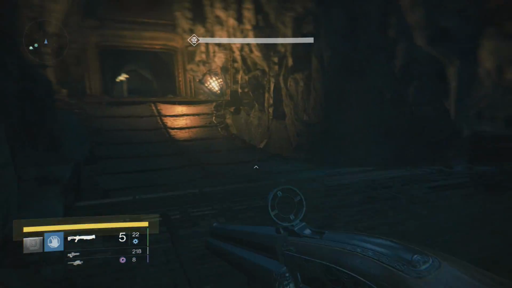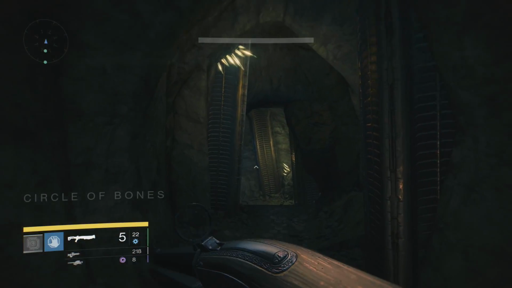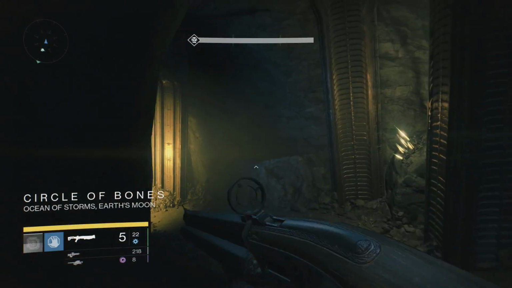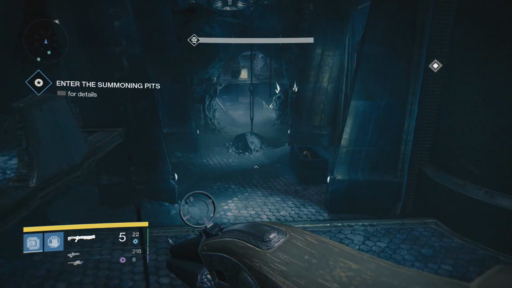First rule of speedrunning is don't be scared of taking damage. Don't be scared of the enemy. It's the same rule with shotguns, really. You need to be right up in their face. You need to understand that just because they're there, just because they're firing right at you, it doesn't mean you're